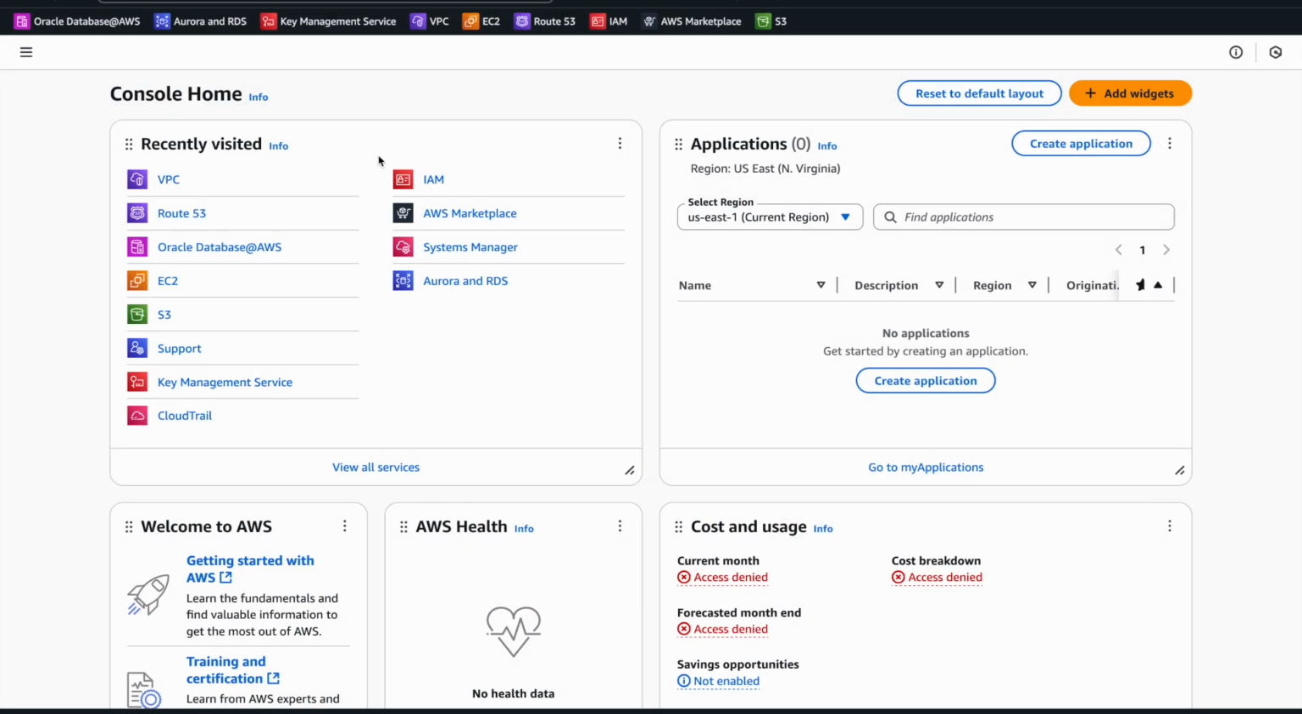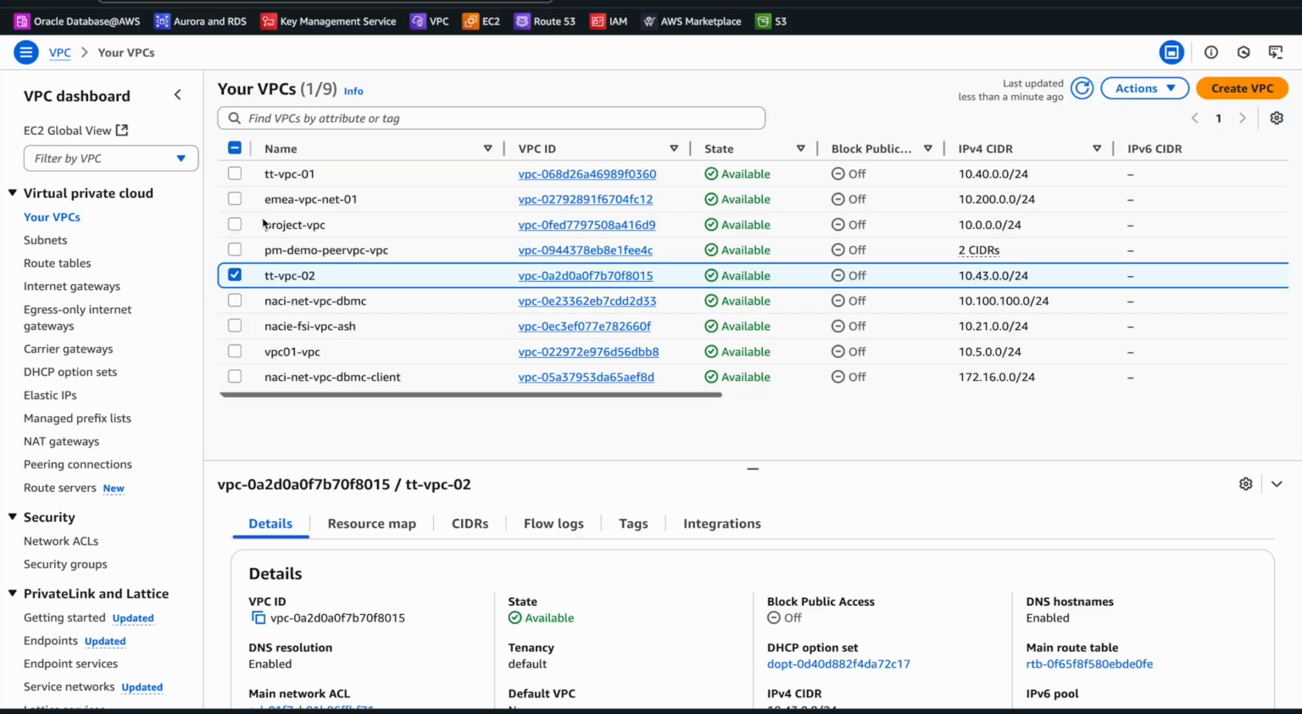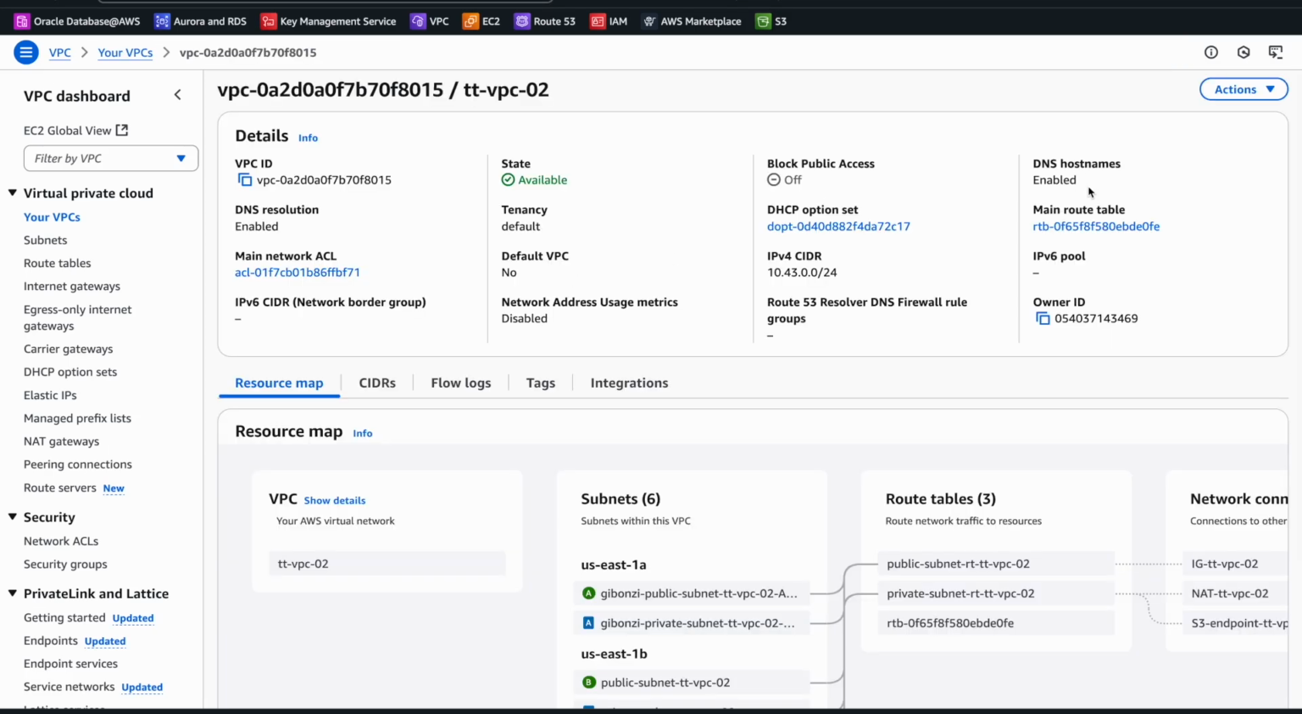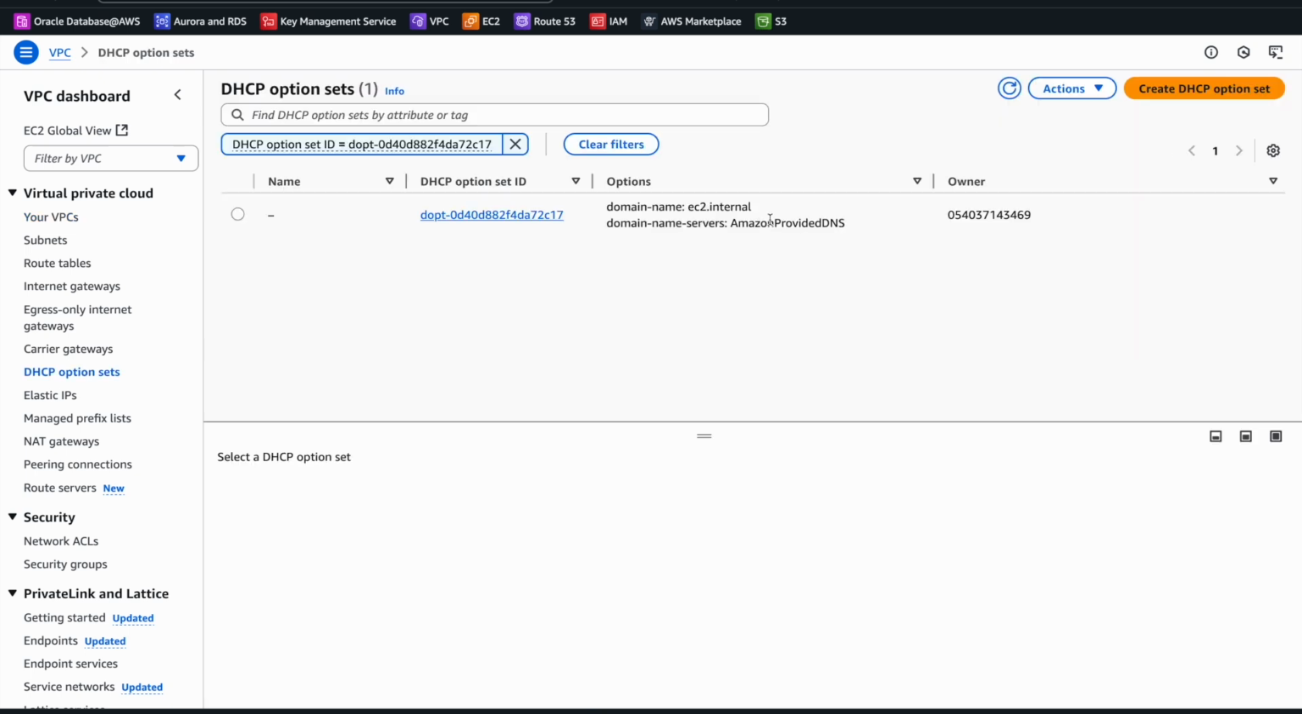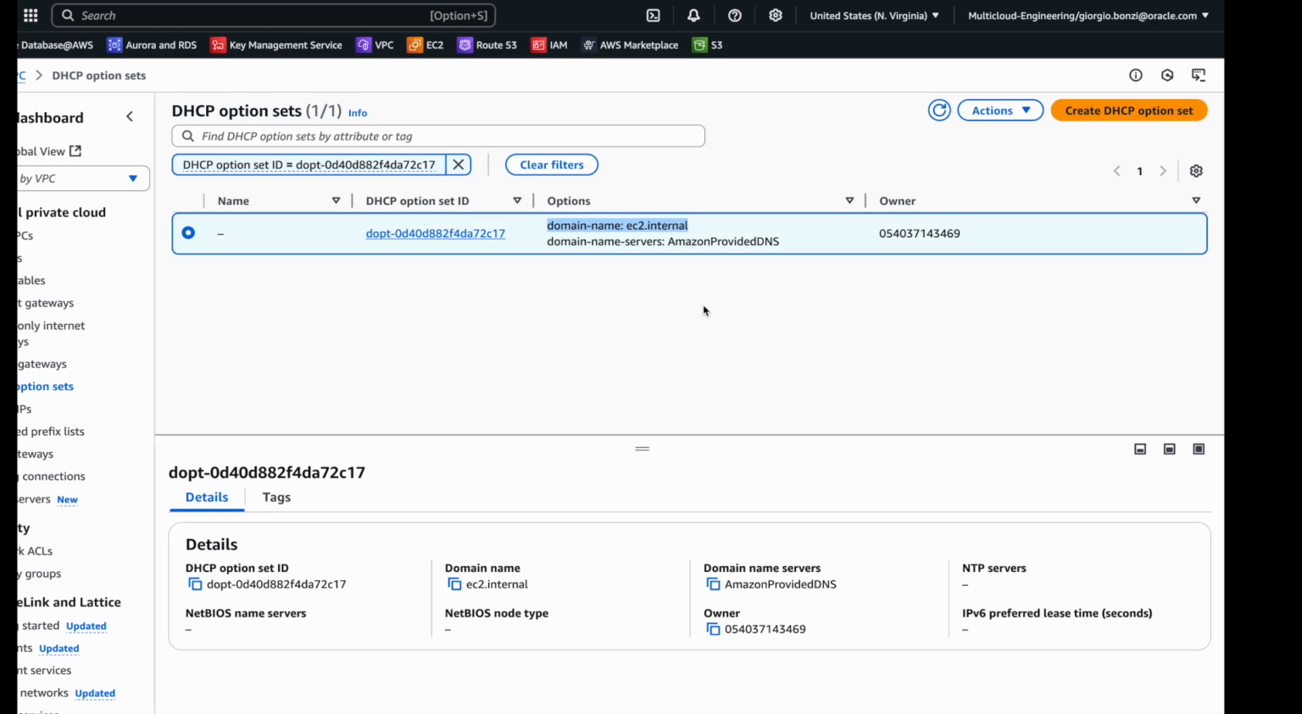Let's start by checking the VPC configuration for which we want to resolve the private hosted zone from OCI. This is the VPC in scope, the same one that is directly peered with the ODB network. If I select the VPC, I need to check that DNS resolution and DNS hostnames are enabled. And in the DHCP option set, I can verify the default domain name that will have to be resolved